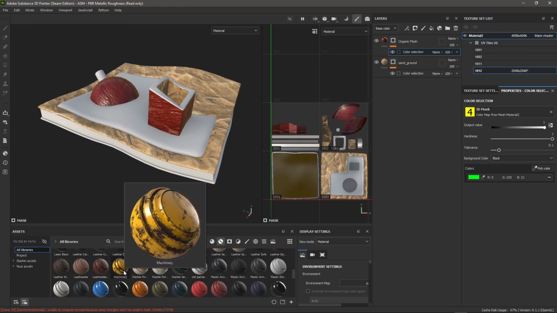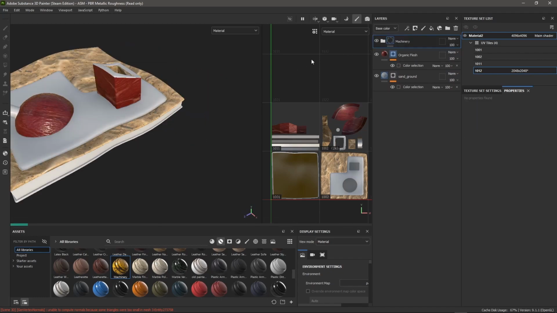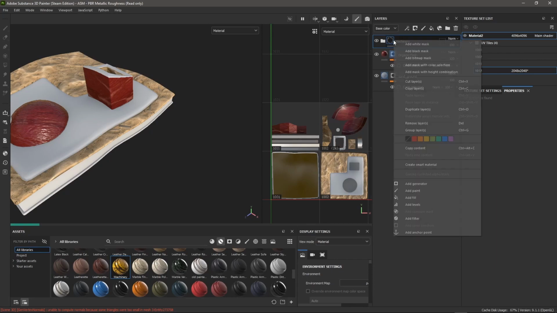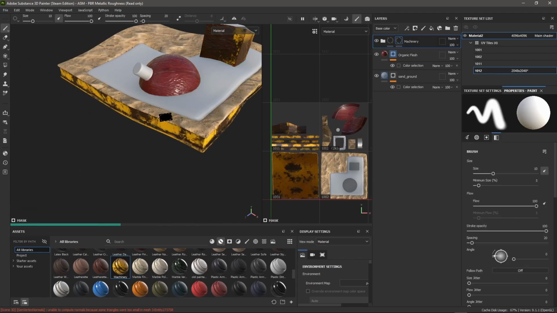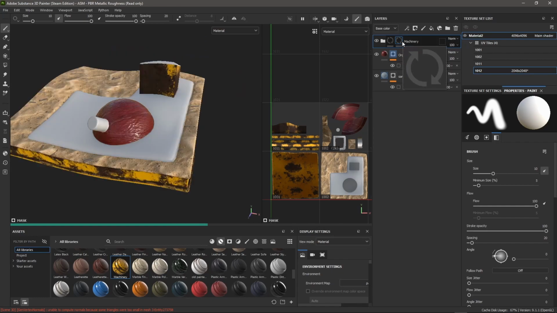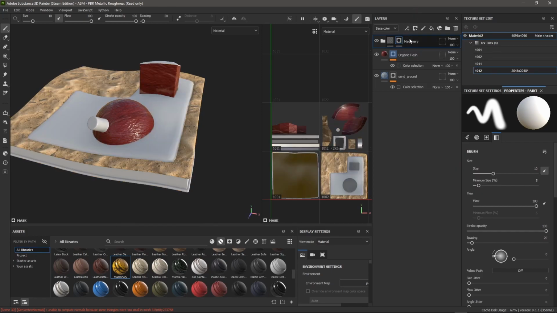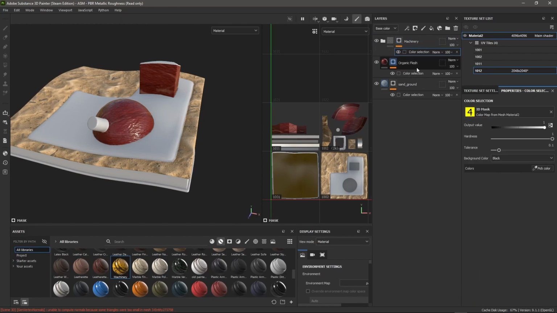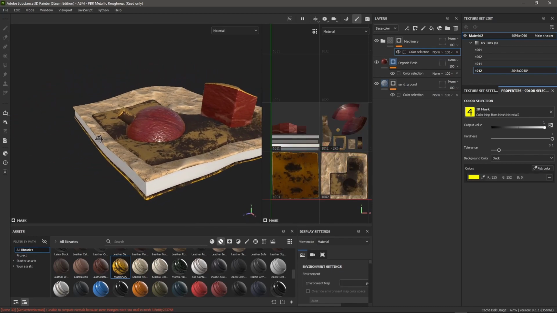I can add some crazy machinery material to this, and the same I can add a black mask to this, and after I add a black mask to this, I can add another color selection and pick maybe this color. Okay,